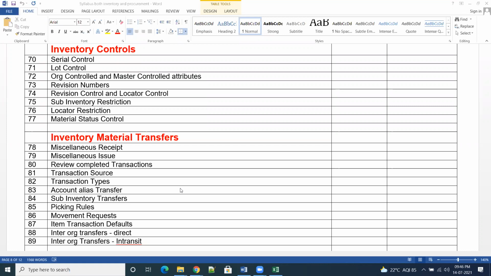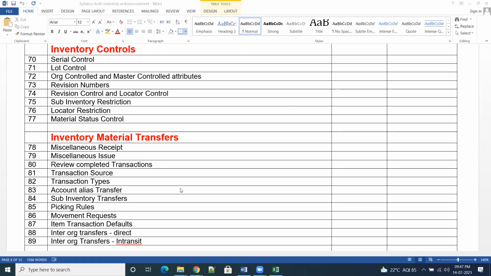Let us say A and B orgs, you want to move the material from A to B, then that is the transfer order or inter-organization transfer. Both are the same. But I guess for a transfer order, it's a documented transaction, right, Ramu? Yeah, correct. But I could not find any difference here. Inter-organization also is a documented transfer.